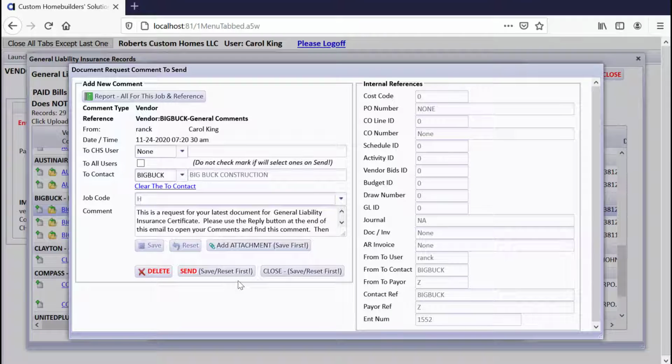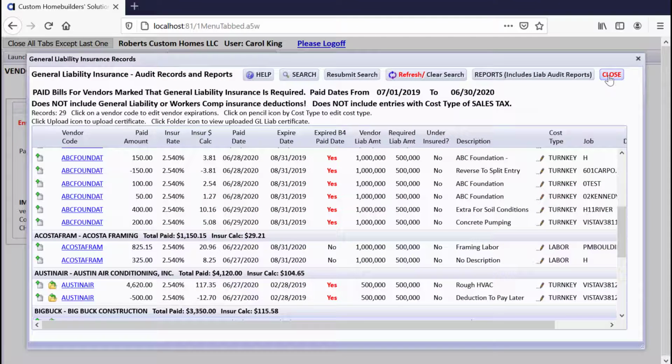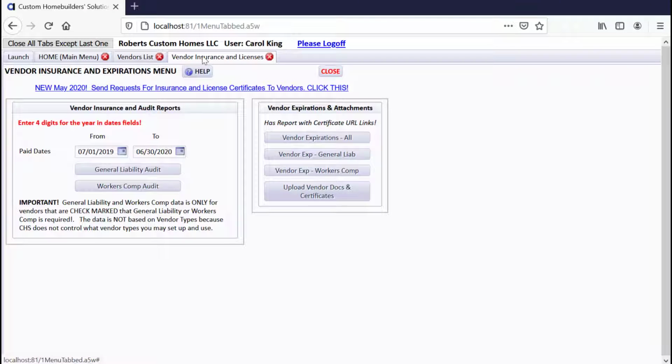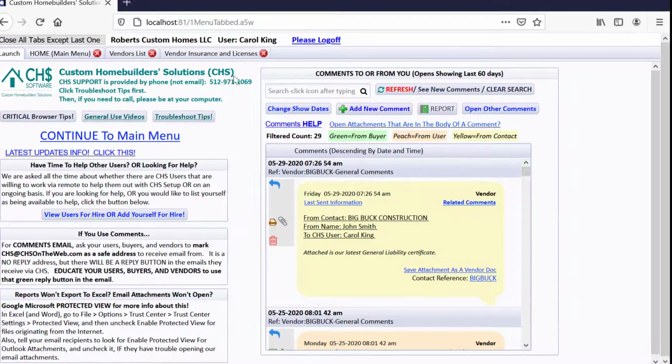The vendor will get it, and they'll have a green reply button there that they can reply to it and upload their certificate. Now this has already happened in my case so that I wouldn't take a lot of time on this video. So I'd like to close this for just a second. Now I'd like to go back to the launch screen to show you that when you're on the launch window,